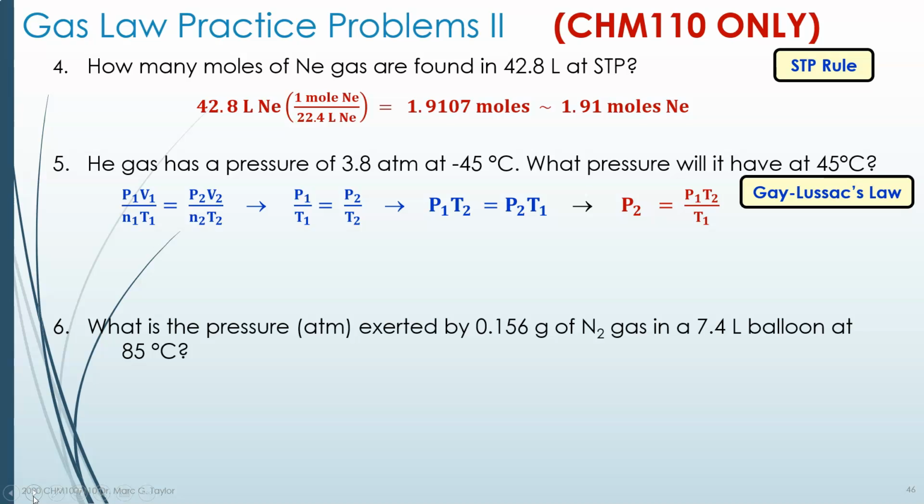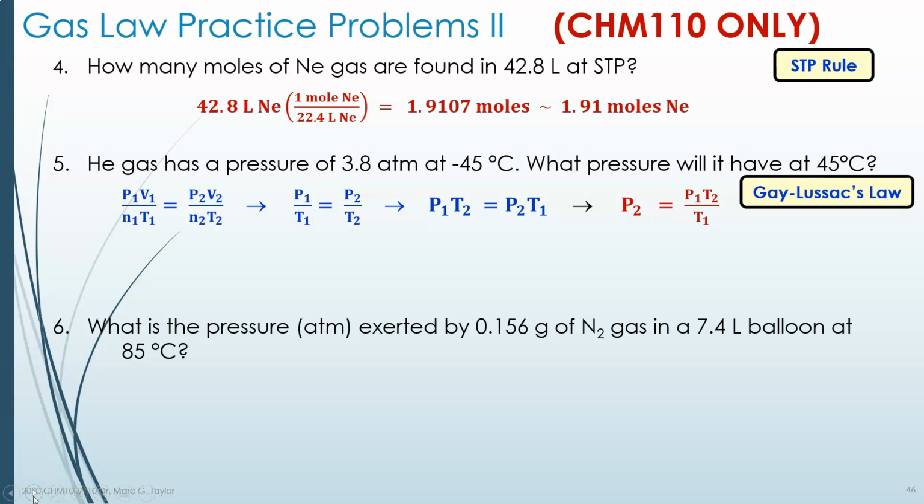So we have P1 over T1 equals P2 over T2. We cross multiply to make our life easier for calculations. And then once we have P1 T2 equals P2 T1, it's very easy to solve for the final pressure P2. So P2 is equal to P1 T2 divided by T1. So you'll notice the T2 is on the top, the T1 is on the bottom, so be careful when you're